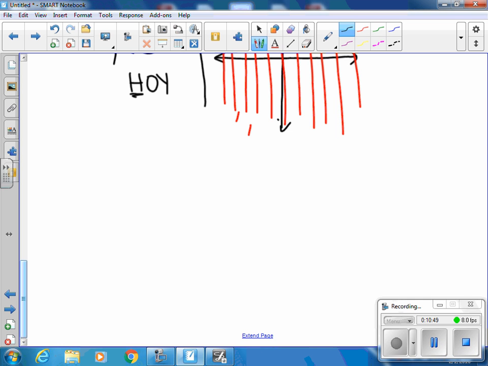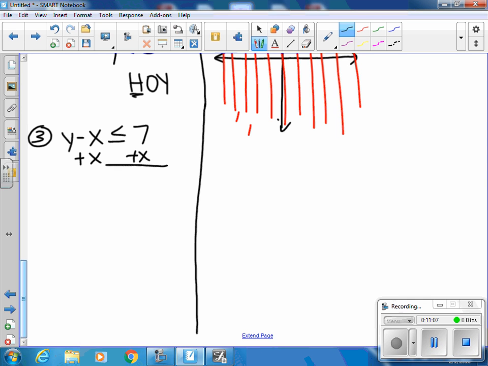All right, so for the next one, what I want to show you is one that has both variables in it. All right, and that's y minus x is less than or equal to 7. Okay, and when we go to do this, we can't graph it yet because it's not in intercept form, so we have to add the x over, so that now we have y is less than or equal to x plus 7. So now I know that my m is 1 and my b is 7, and I'm ready to